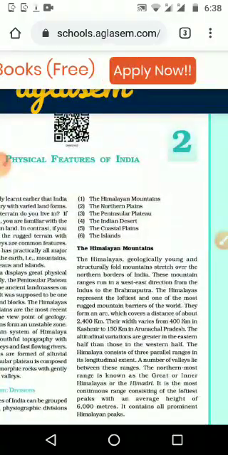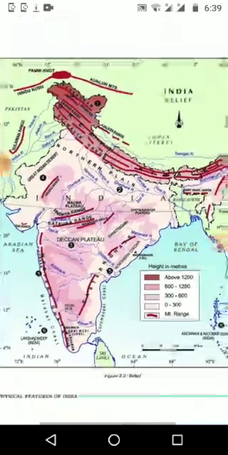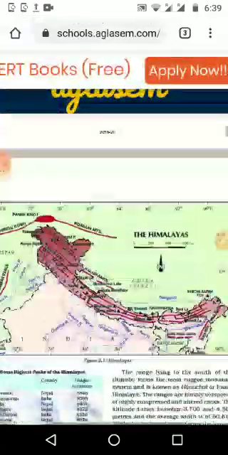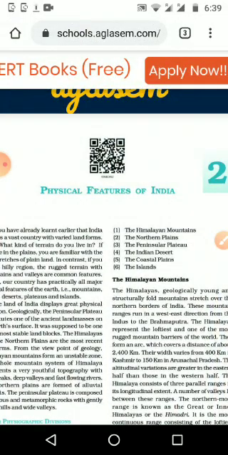Then we can see the next topic, the peninsular plateau. It is coming in the middle part of India. Here we can see the Deccan plateau, then Malwa plateau and Chota Nagpur plateau. And this Chota Nagpur plateau is very important because we have many mines and industries here. It is an important place for 10th standard also in geography, because of minerals, means mines and industries. So we can divide our peninsular plateau into 3 groups: Deccan plateau, Malwa plateau, and Chota Nagpur plateau.